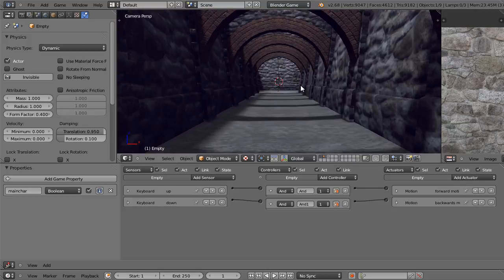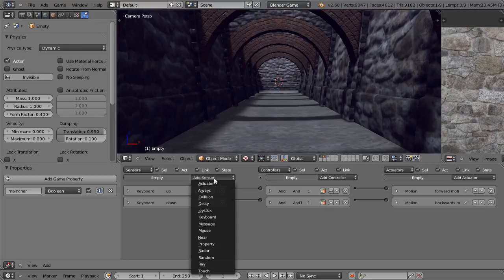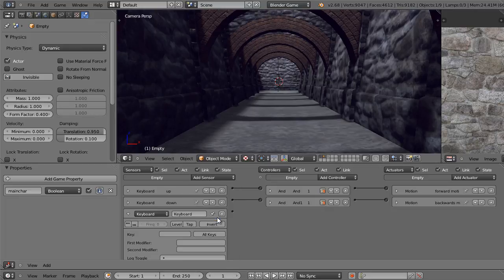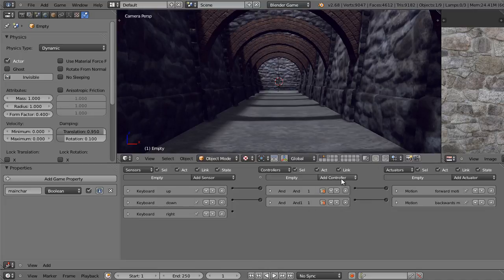Alright, so we got forward and backward motion situated here. I'm going to minimize these controllers to keep everything level. Now let's deal with turning. So let's do the same thing for turning right. Add a keyboard sensor, fill that field in with the right key. Rename that to right, minimize that, add another AND controller and connect them,